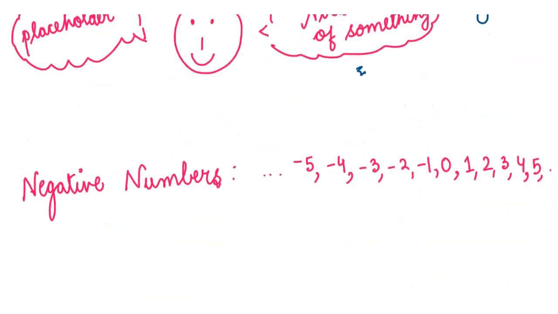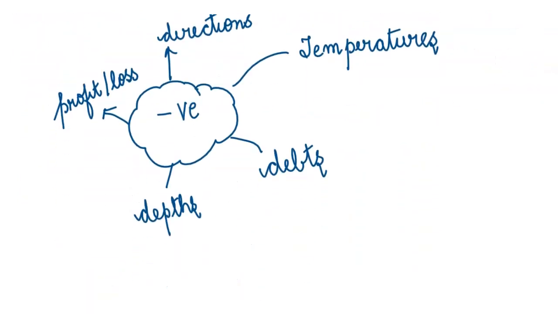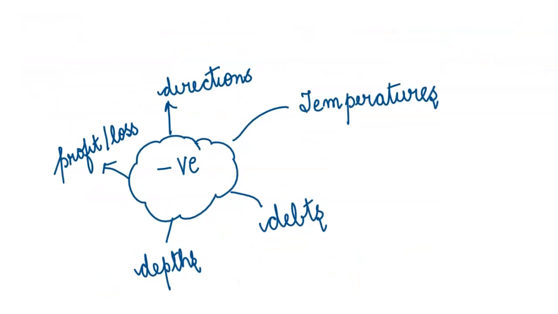Next we learned about the negative numbers. We now learned that there are more numbers lying on the other side of 0, and these are the negative numbers, which go on and on to the other side. This is the negative side and this is the positive side. These numbers are used to represent negative temperatures, like when it's very cold. Below 0 degrees, how do we represent the temperatures? It's very cold, so we use negative numbers, like negative 20 degrees centigrade.